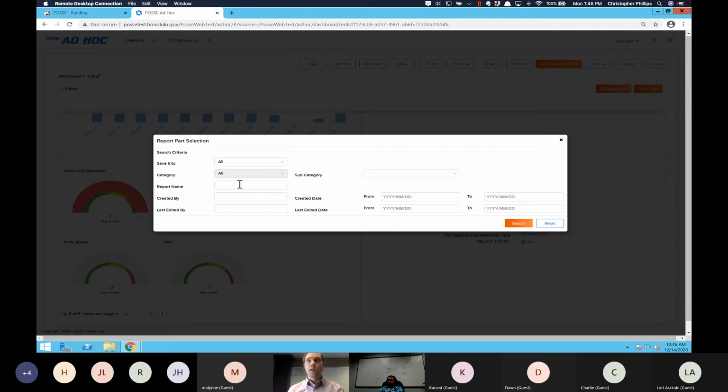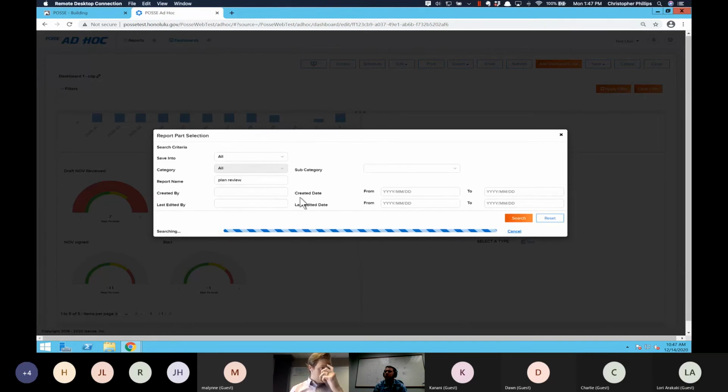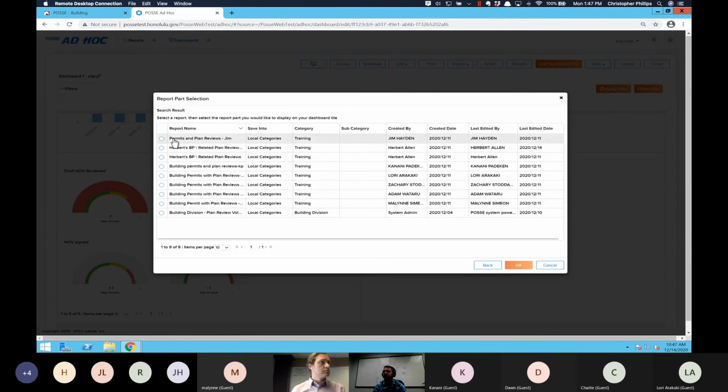And I'm going to add in a last one here. And let's grab our second report we built together, building permits with plan reviews. So then type in plan review. And I'll just add it in as well. This is pretty contrived. Obviously, you